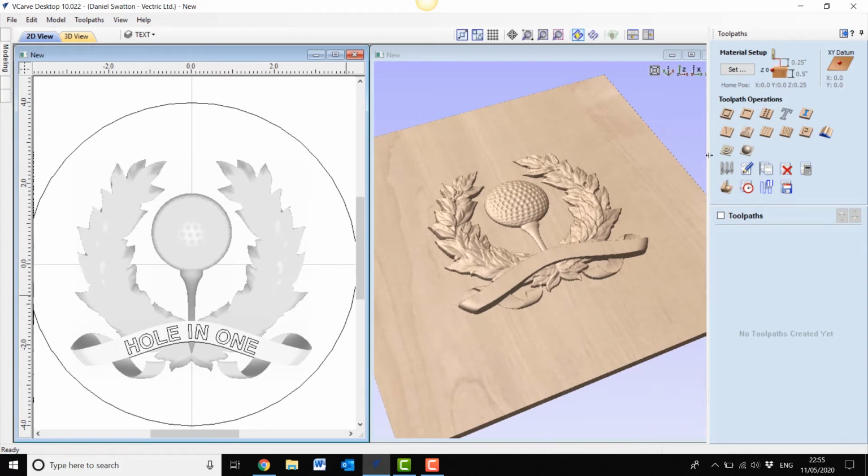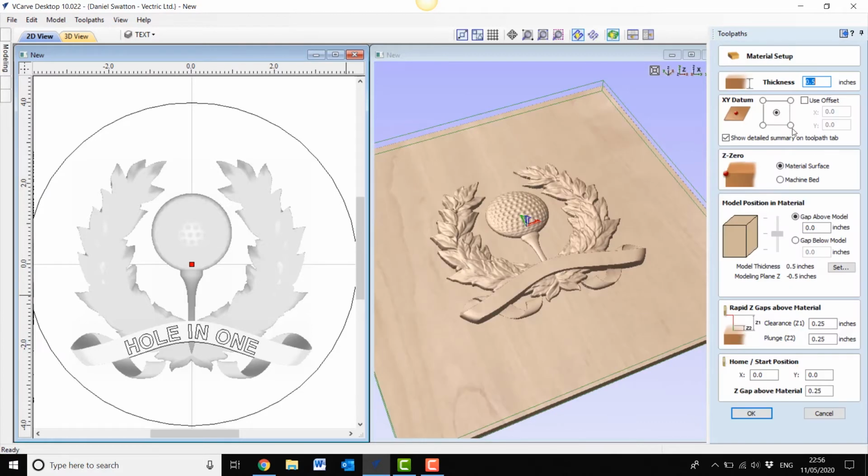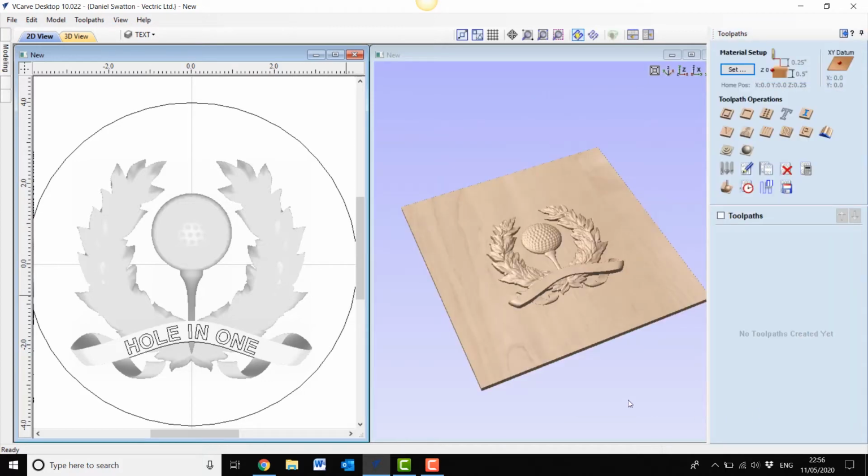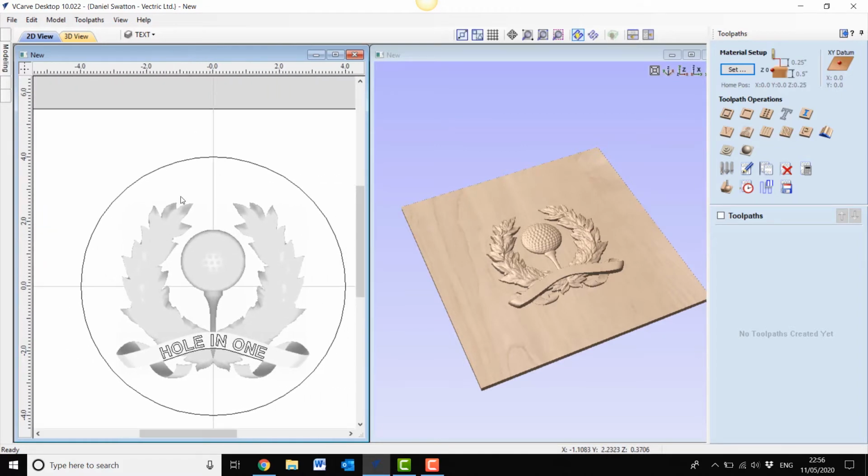Okay, so with that, I'm going to set up the material. This should all be set up correctly now. So we've got our 1/2 inch, and I'm going to OK that and move straight away and think about the molding toolpath. We already have the perimeter vector, but we now need to think about